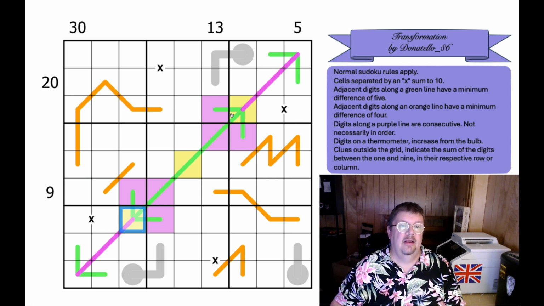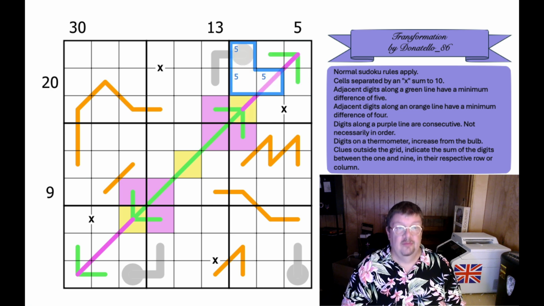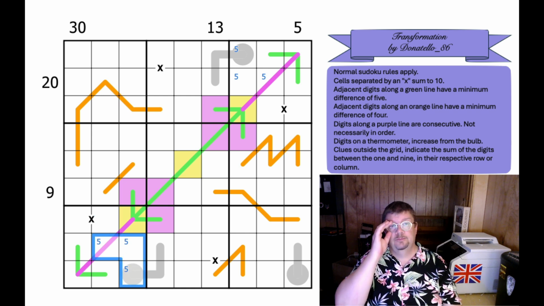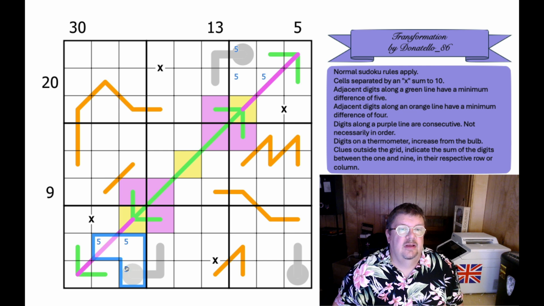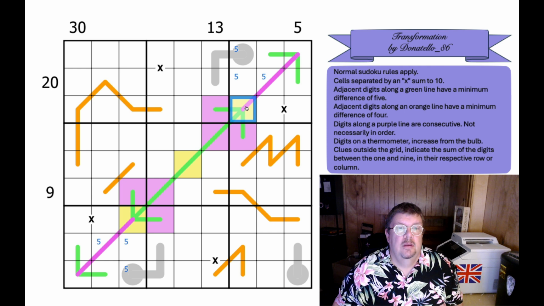Now, that has some interesting implications when we think about the 5 in this box and this box. Because I can't put a 5 on an X, and I can't put a 5 on the German Whisper, 5 is in one of those 3. And likewise, 5 is in one of those 3. Now, why is that particularly interesting? Well, we know that this is a high digit, and we want to be able to relate these German Whisper digits to this one. Now, if this is a 5,